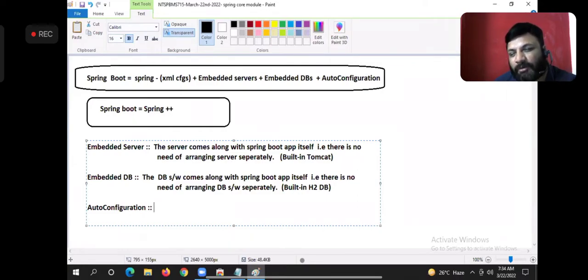In that, 70 classes are ready-made classes, predefined classes given by Spring. Only 30 are yours. In Spring Boot, you have to focus on only 30 classes, and remaining 70 classes